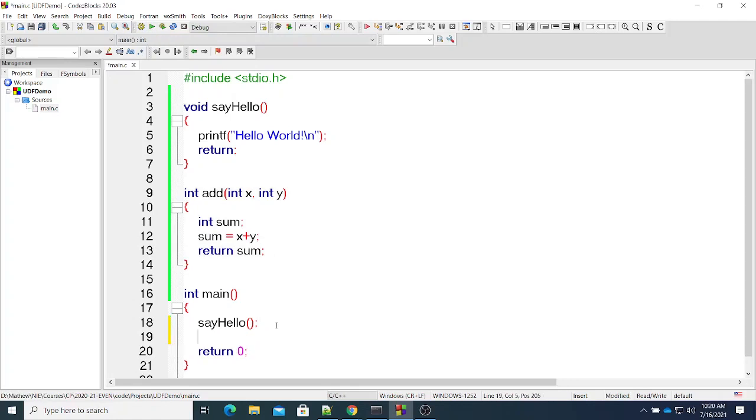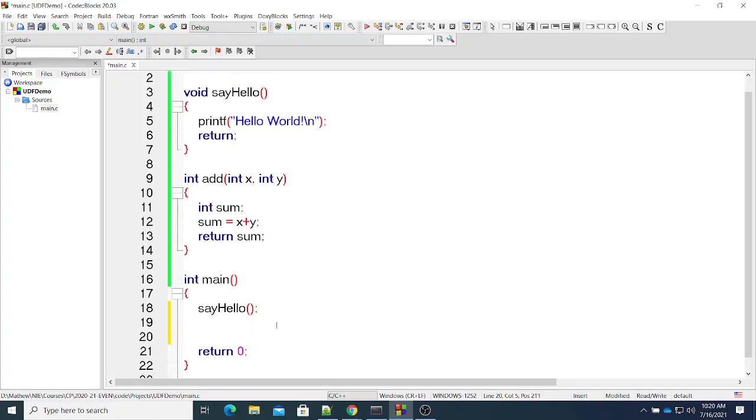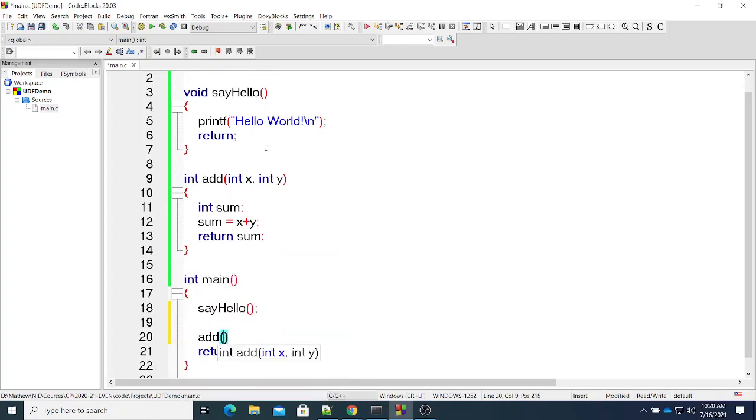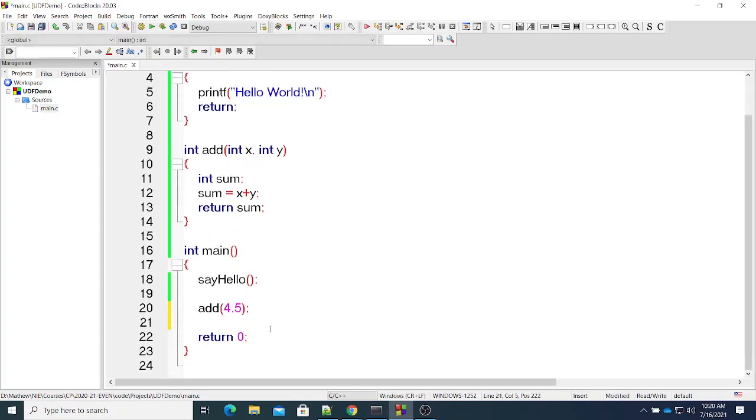Now if I want to call that function, I can call it from here. Add. What are the inputs to this function? Two integer values. So I'll pass two values to that function, 4 comma 5. I wrote a function, now I'm calling the function. So if I execute this,